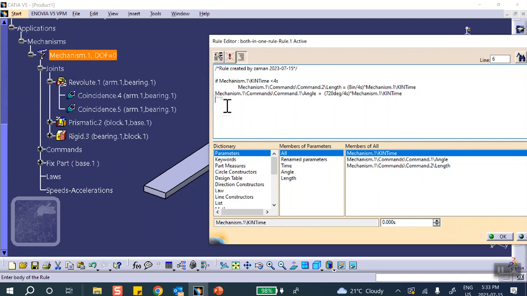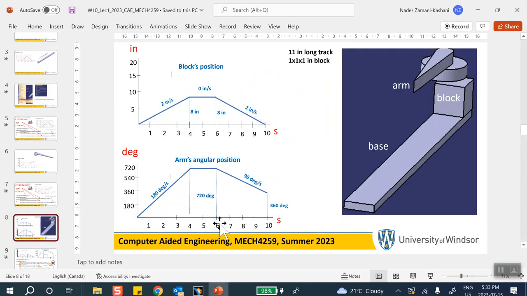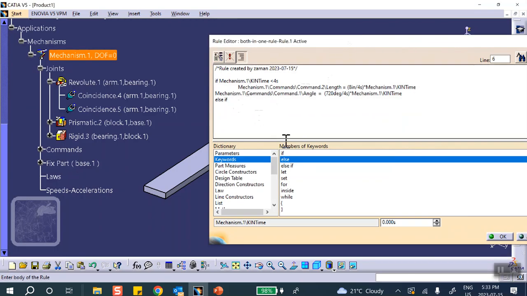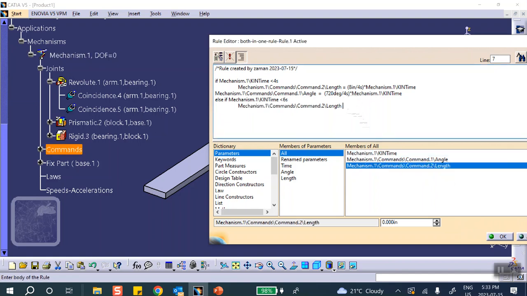Okay. Else, here's else. If you don't remember how to spell it, right there. Else if, let's look at it. If time is less than 6, it just stays put. So if time, select the parameter. If time is less than 6 seconds, don't forget the S for seconds, the length is going to be 8 inches. Sit there,